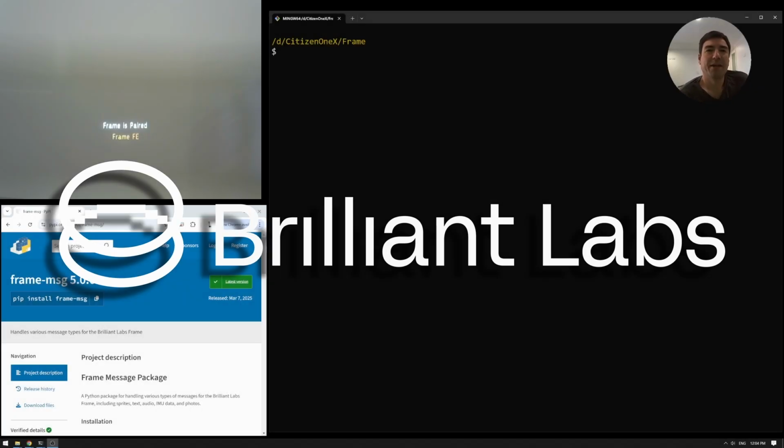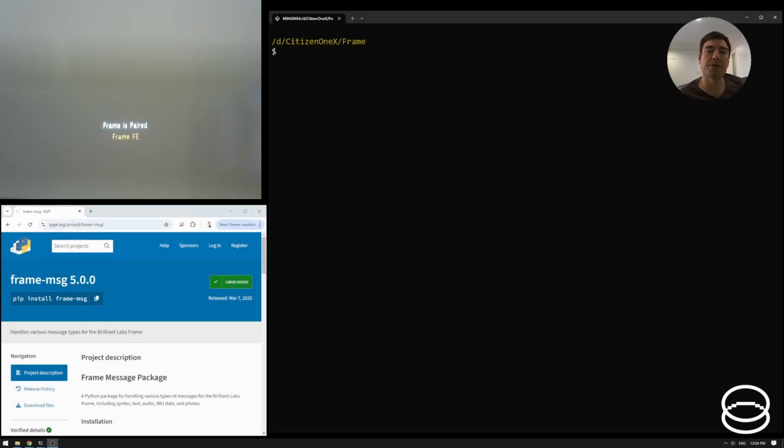G'day folks. Today I'm going to introduce the frame message package. You can see it there on the Python package index. It's frame MSG. And this is the second of the two layers of library that are being published for Brilliant